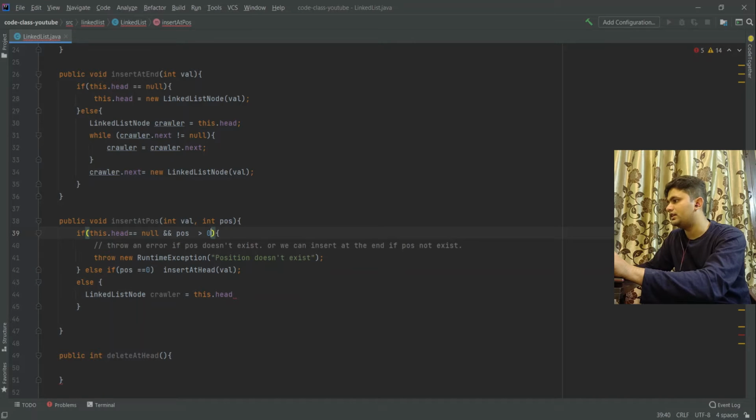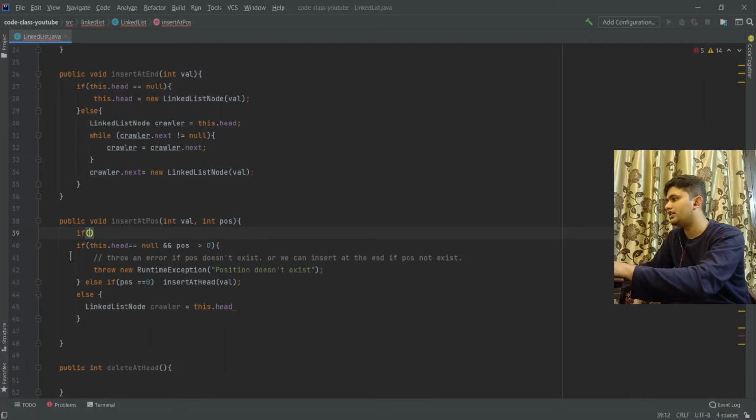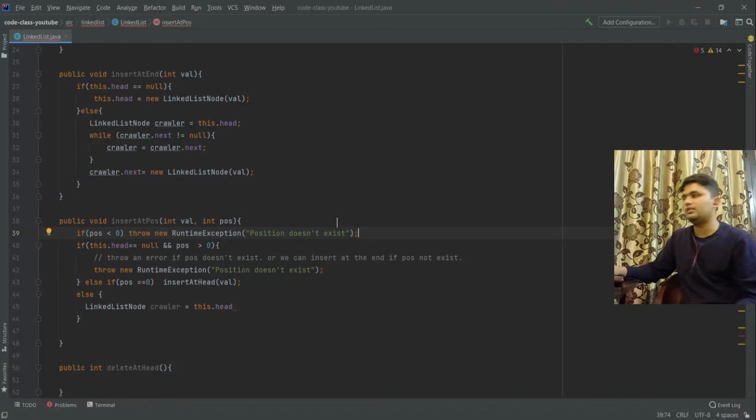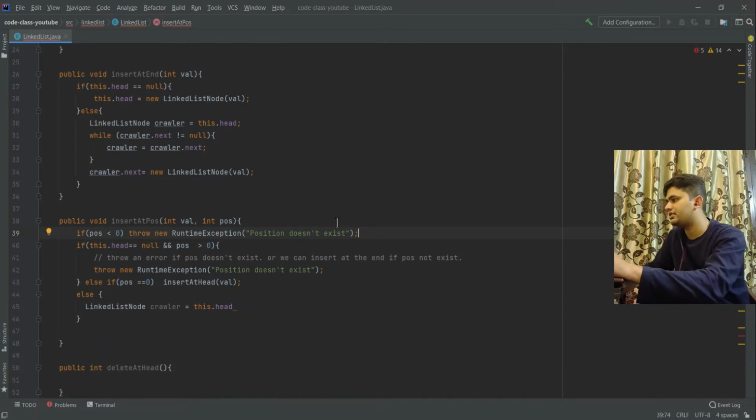Or suppose user provided us a negative value, so we can handle that check as well. So if our position is smaller than 0, we can simply throw a runtime exception that our negative position doesn't exist.